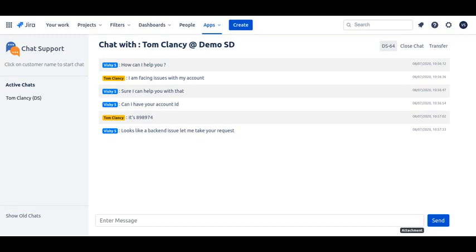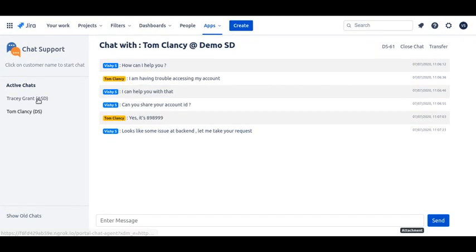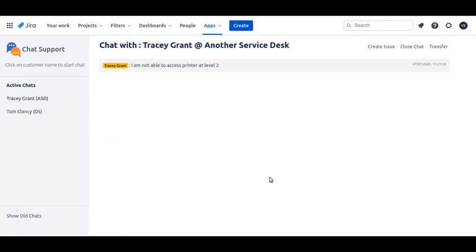The customer will see this request also on his customer portal, and they can exchange and do further follow-ups on that particular agent. I can actually switch between the different customers which are listed here. I can chat with different customers at the same time by quickly switching up the context.